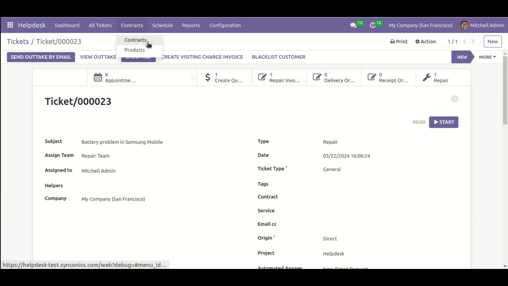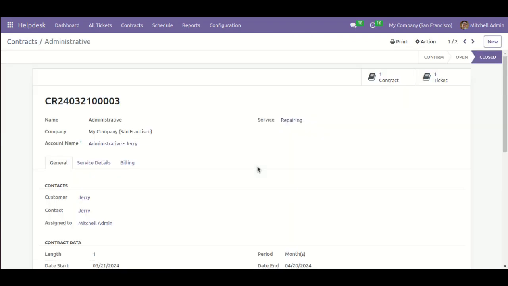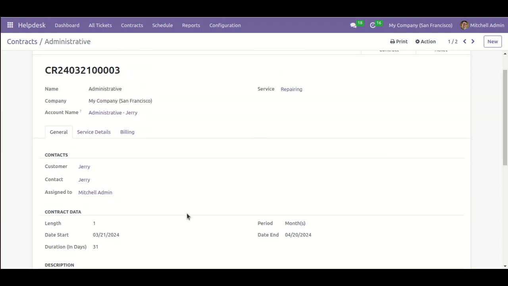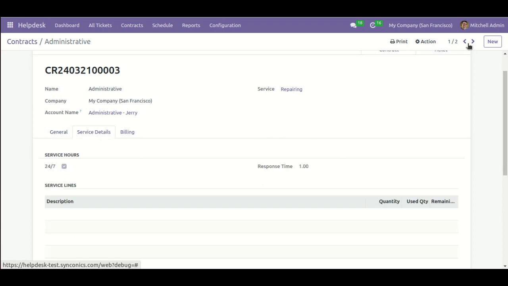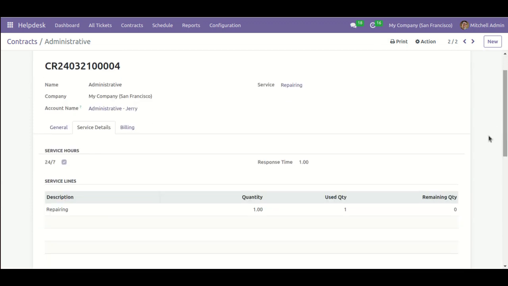Now after that, you can also see that we have provided contract functionality in our module. Basically this contract functionality is for small level industry or big level industry. When any customer comes regularly, in a weekly or monthly duration, for servicing of these products, then for those customers you can define these contracts. Different kinds of contracts contain different kinds of services along with their quantity information, how much quantity of these services you are providing to these customers, and based on that, whenever